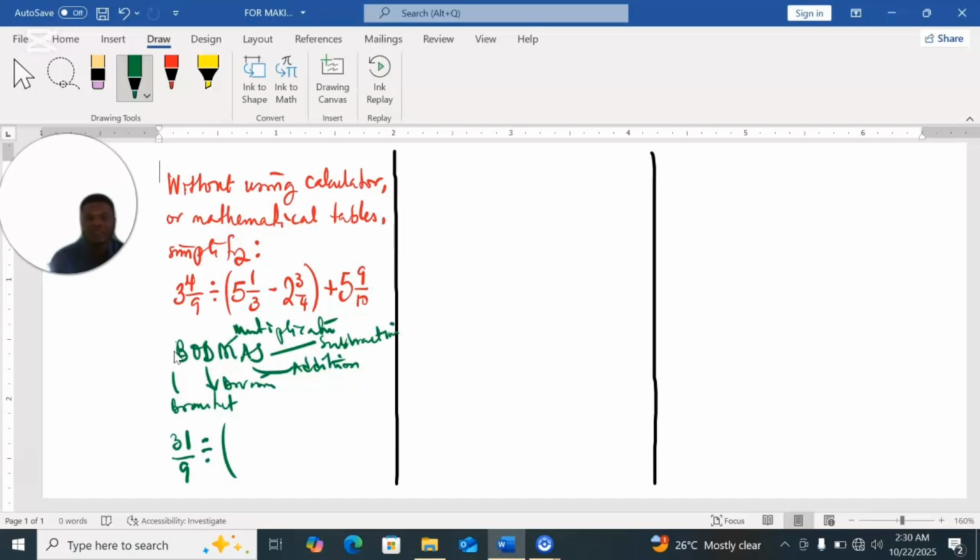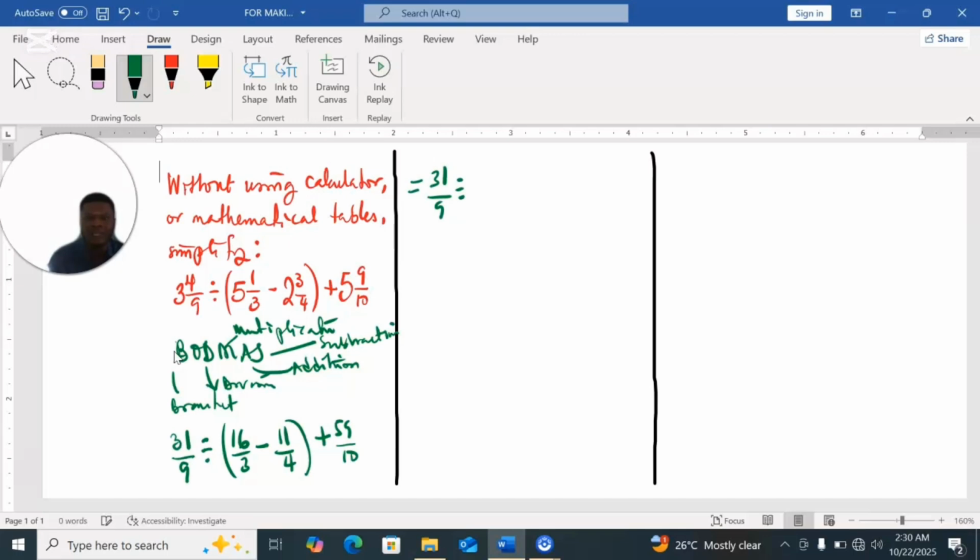The next thing I'm going to do will be to go into the bracket and do the same. 3 times 5 is 15 plus 1 is 16, so this will be 16/3. Minus 4 times 2, 8, plus 3 is 11, so this will be 11/4. Now, coming out, I'm going to move over to 10 times 5, which is 50, plus 9, 59/10. And this will be equal to